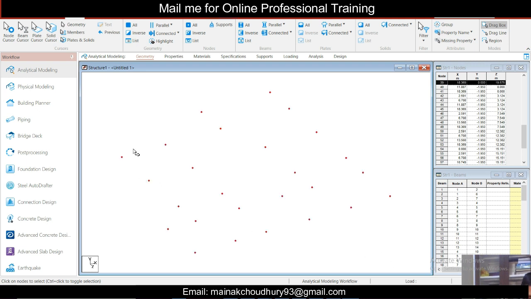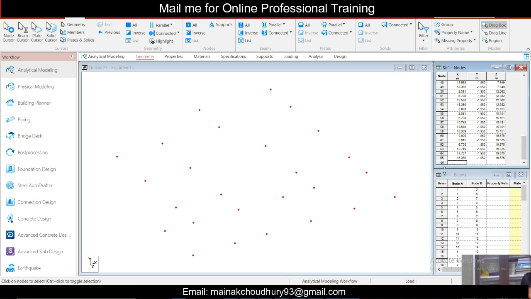Yeah, and so 26 nodes have been selected. All the nodes are columns. So 1, 2, 3, 4, 5, 6, 7, 8, 9, 10, 11, 12, 13, 14, 15, 16, 17, 18, 19, 20, 21, 22, 23, 24, 25, 26. 26 nodes are selected. And what I'll do is put the next floor nodes